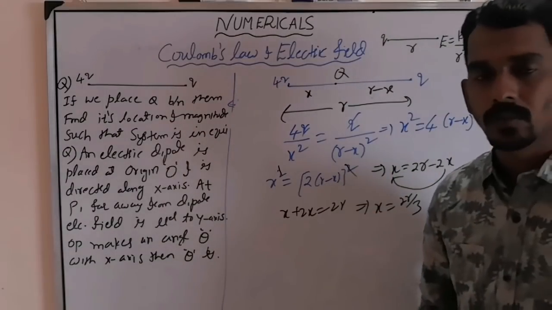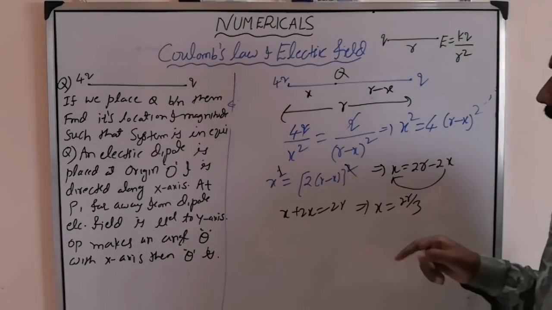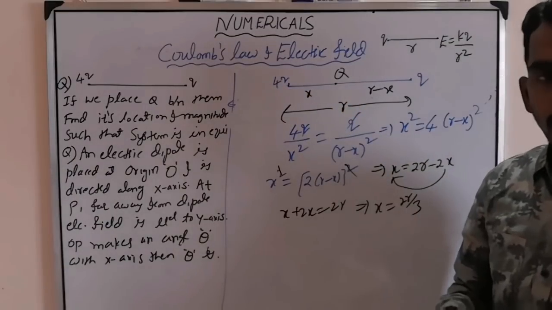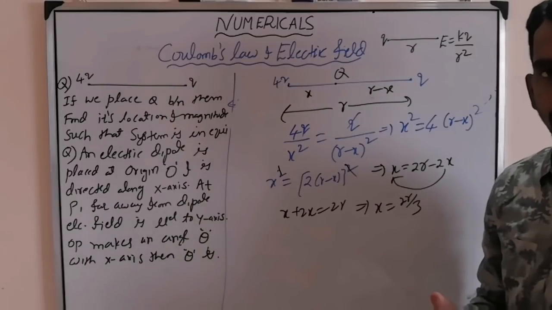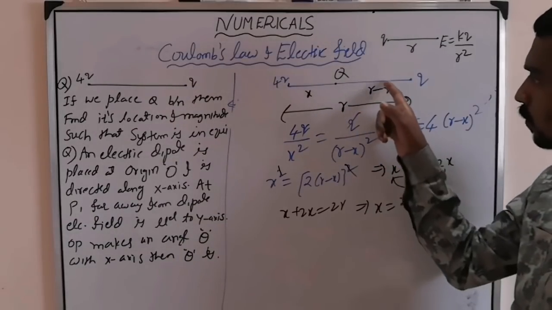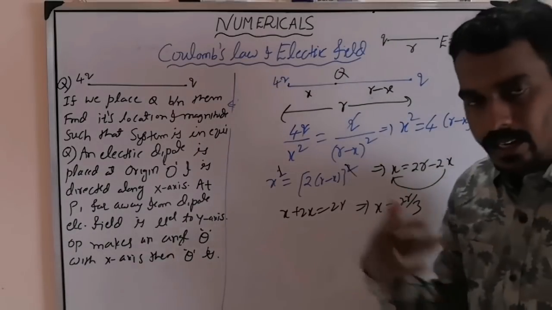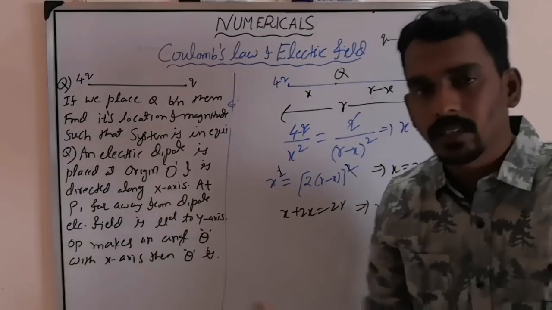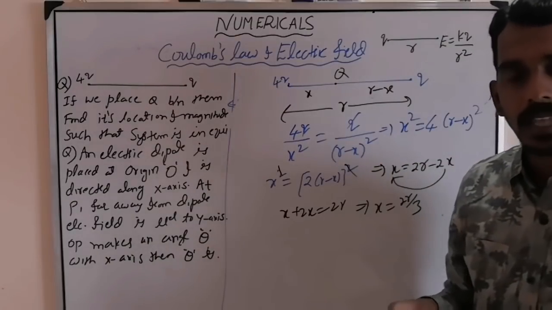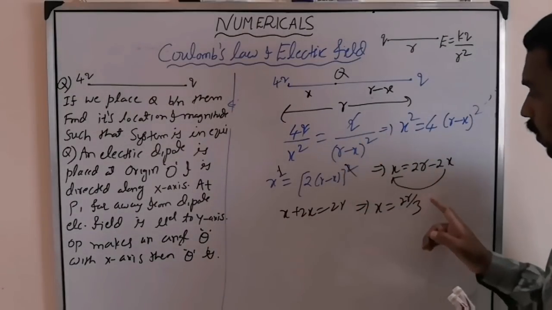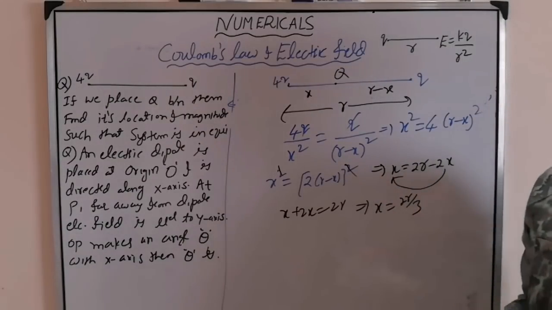And here also one more confusion. They can tell you like, this is the x, 2r by 3 from 4q. But options may give only distances from small q. If so, then you have to find r minus x. Don't give this as the answer. Because many students are in a hurry. After finding this, immediately they will mark the answer. But this is the distance from 4q. In the option if they give q, and you look at only 2r by 3, then you will get it wrong. So please try to take care.